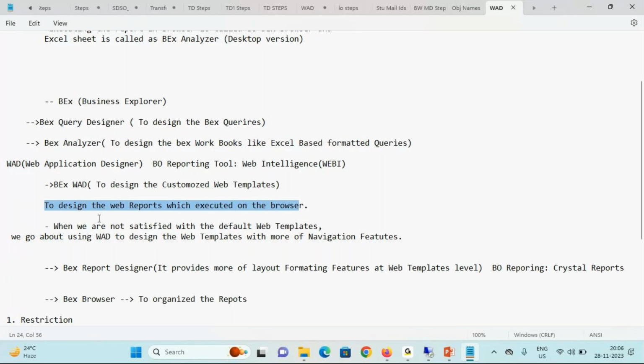Generally, SAP provides some standard web templates. So we use WAD to design custom web templates with more navigation features. With more navigation features, we were using WAD. But nowadays,